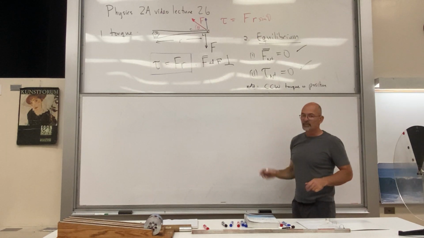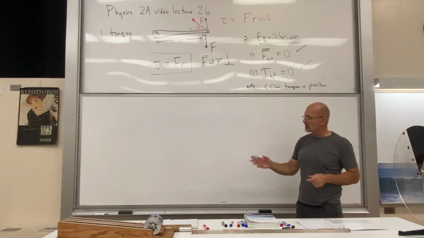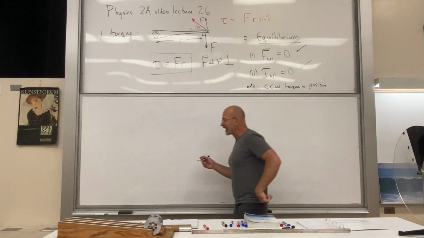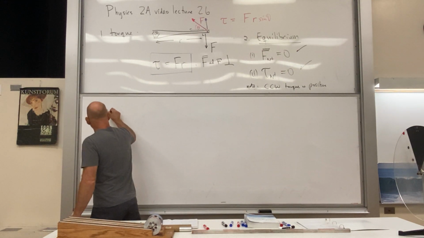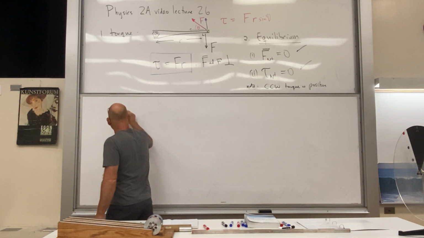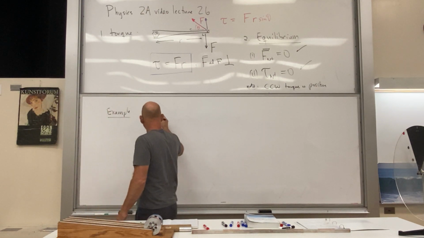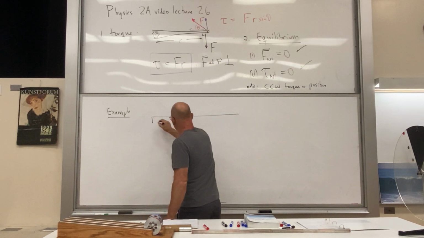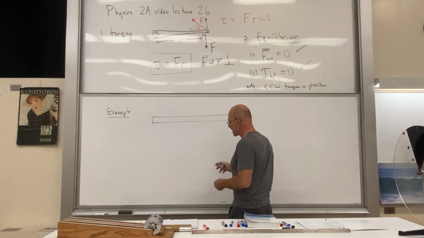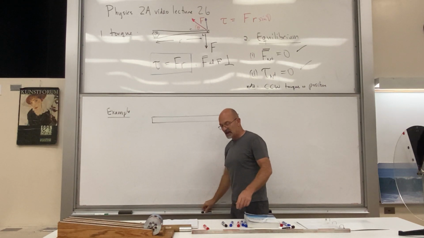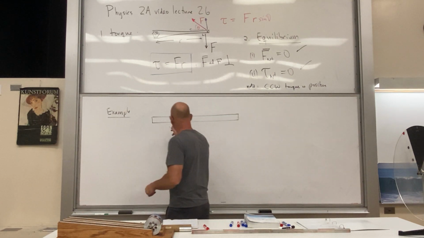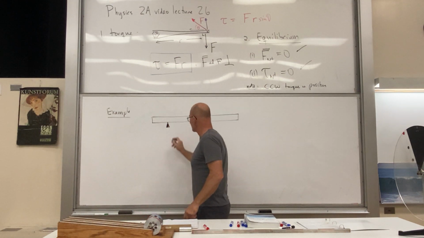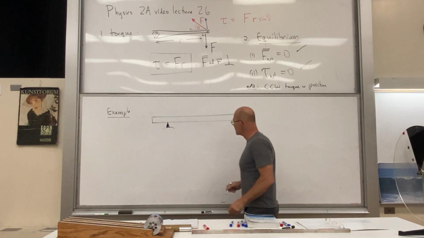So your clockwise would get the minus sign, your counterclockwise would get the plus sign when we're setting problems up. So let's do these examples that we had started last time. We're going to take a meter stick or just some kind of uniform rod and balance it on this pivot here, on this point. We want to balance this thing,